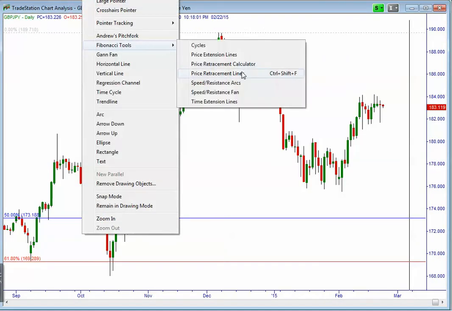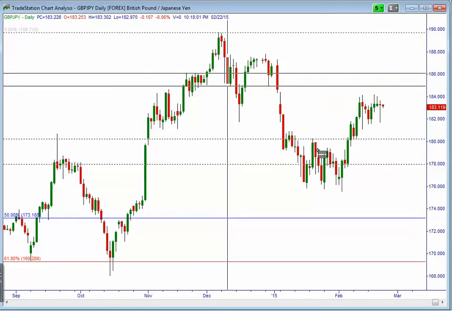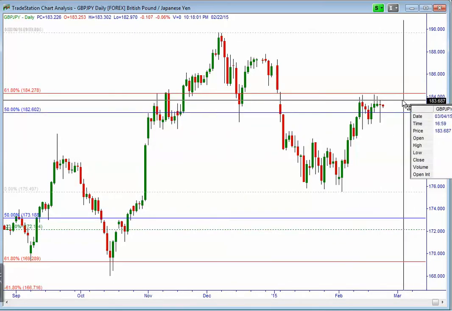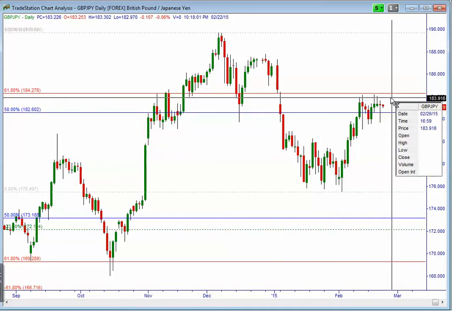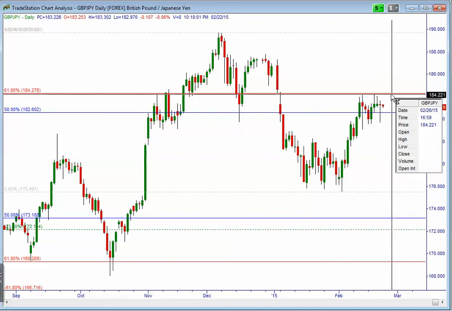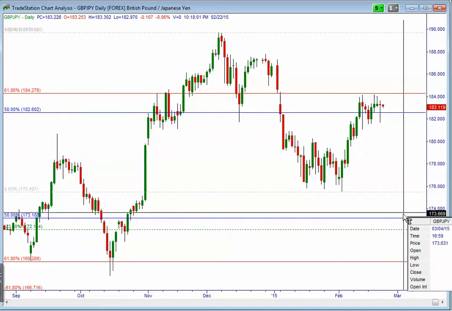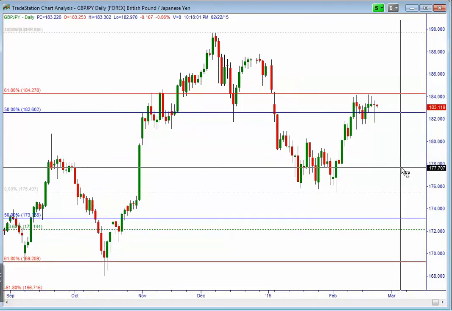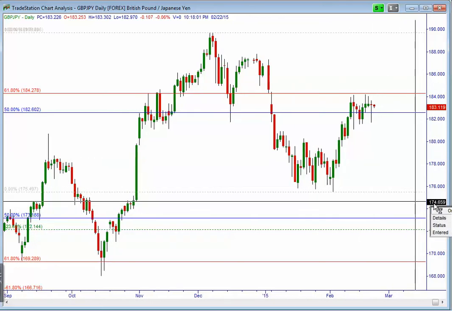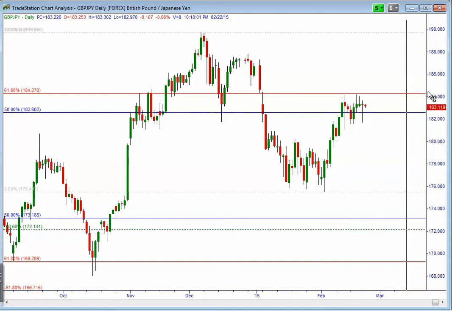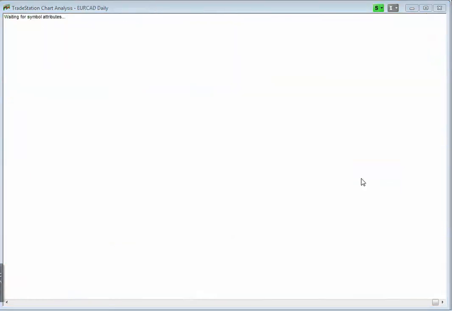That area is also an area of participation on the short side that we can see clearly on the daily here. 61.8% level has not even been tested and of course has not pierced here, and there is the possibility for this market to just now resume the move lower into that 173.20. So there are very good opportunities here on the pound versus Japanese yen as well. Moving to the euro versus the Canadian dollar,